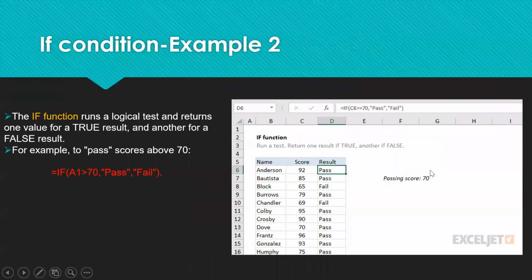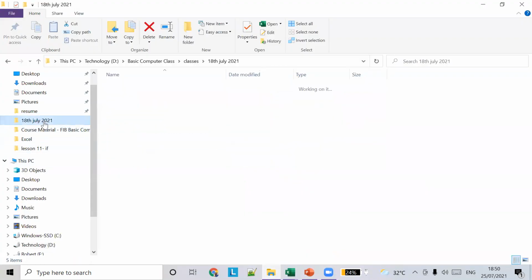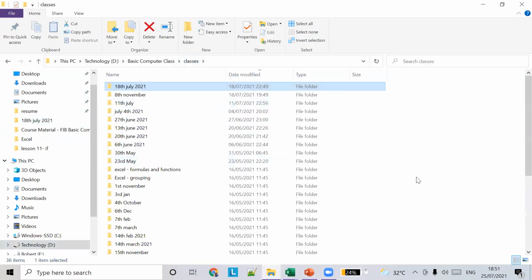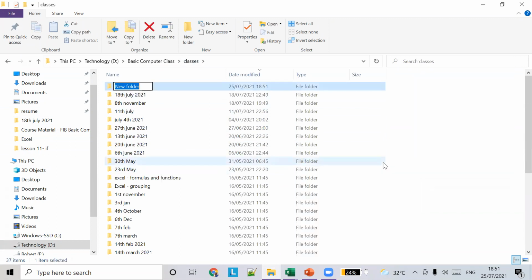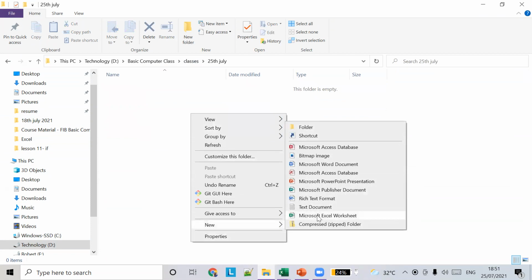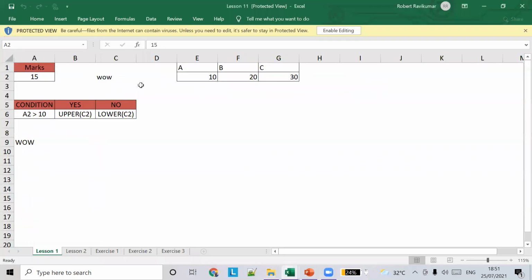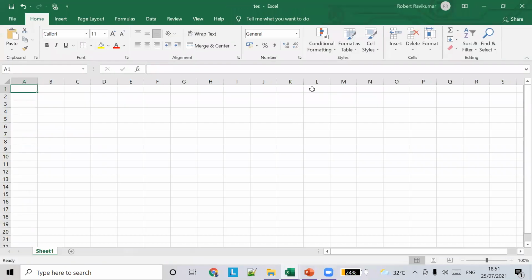Okay, so let's see this in a practical way. Let's start. So today is 24th. We'll open and create a new Excel. We'll just put some random amounts, and we can give it a name.